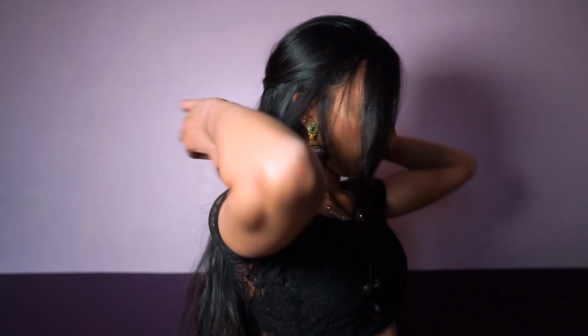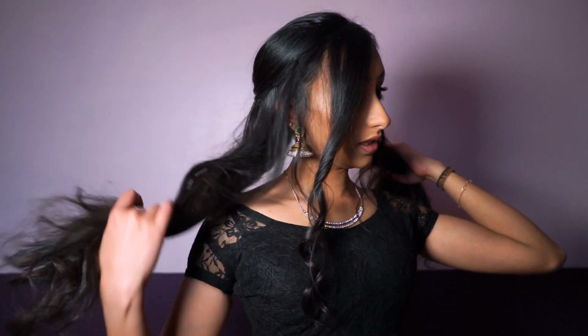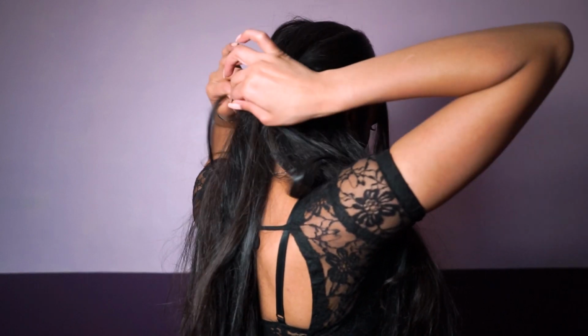Right, we've got the extensions in, so I'm now going to show you how to do the fish braid. So what you want to do first is split the hair in two parts like this, and you can keep one part at the front and the other one can remain at the back. What you want to do is grab small pieces on each side and crisscross them. So one piece of hair strand from this side, one from this side, and you're basically going like this